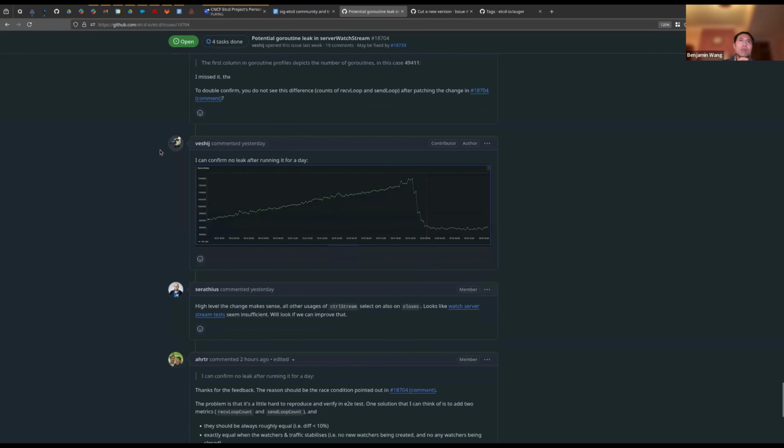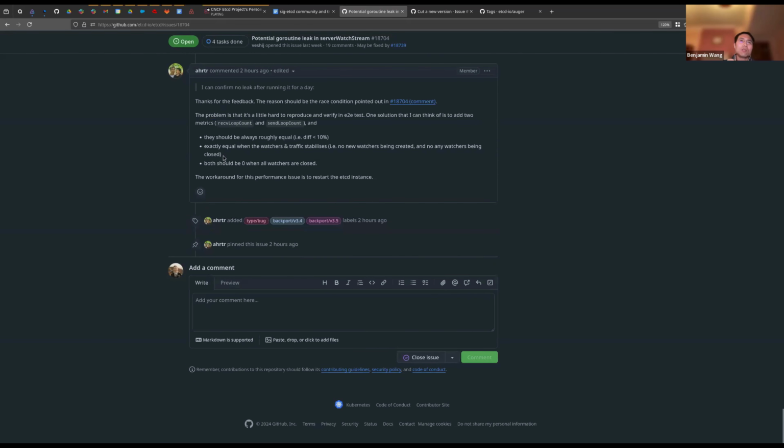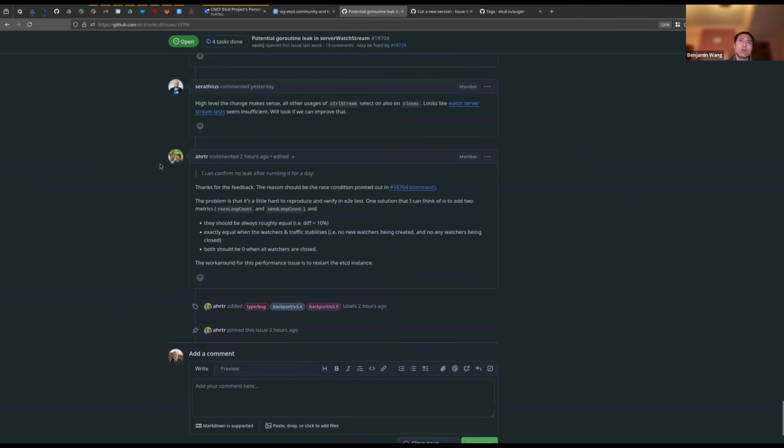For example, if the receive loop count is 100, the send loop count should be between 90 and 110. But if the number of clients and the number of watches is stabilized, they should be exactly equal. And also, if all the watches are closed, both numbers should be 0. This is the expectation.